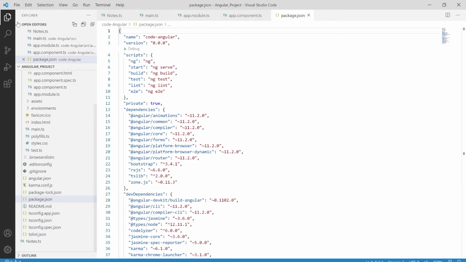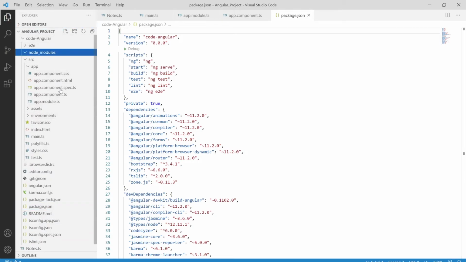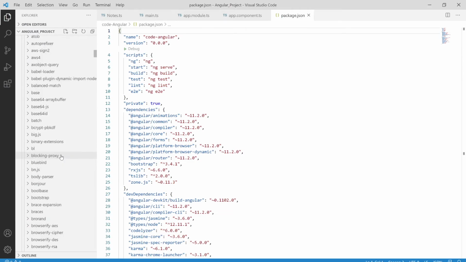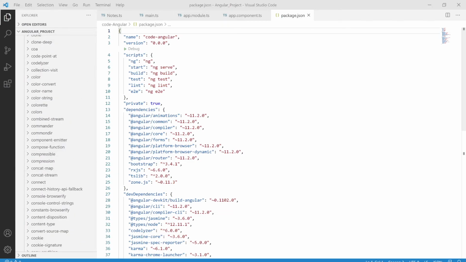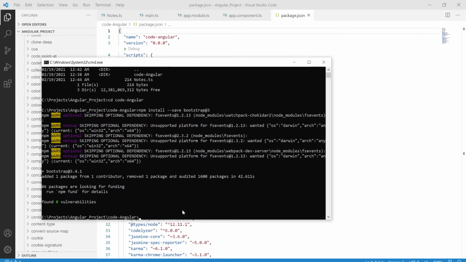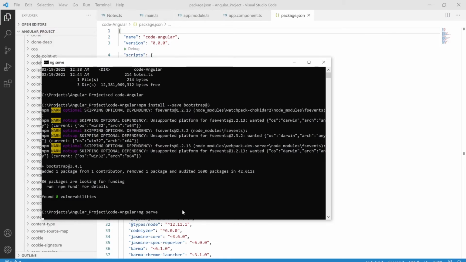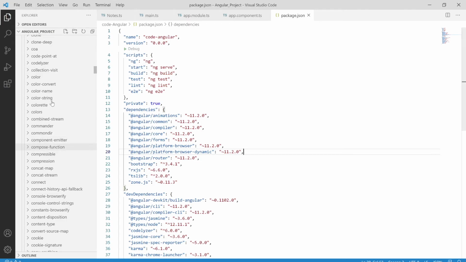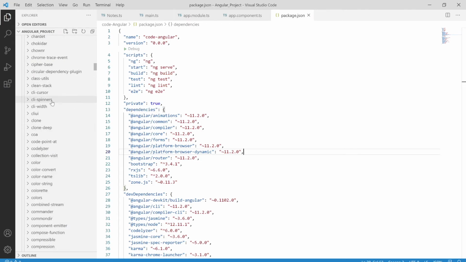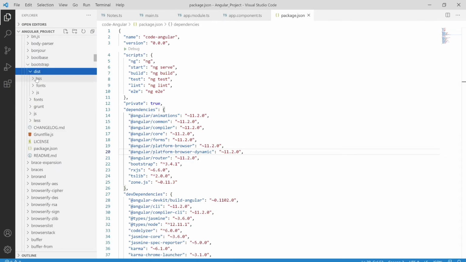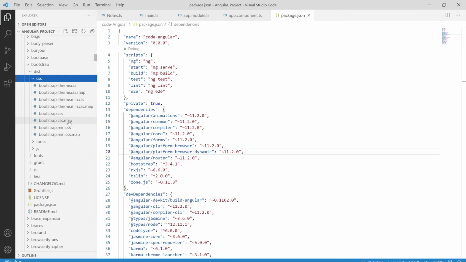So you have to move toward your node_modules, and as you can see over here, after downloading you can press Ctrl+C and type ng serve. I'll show you how this will make a difference. And you have to move a little bit up and search for bootstrap. So here you can see the Bootstrap framework is there. In the dist folder we have css, and here as you can see our Bootstrap CSS file is present, which we want to use in our entire project. So let me save this,